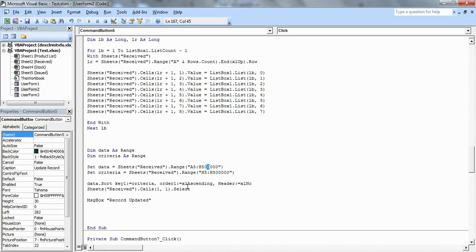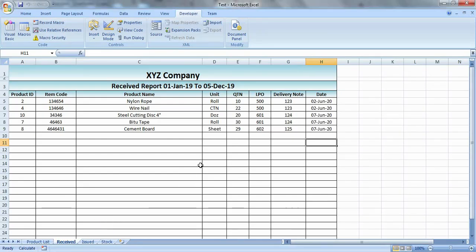Okay, and criteria I have chosen from H5 to H500,000, because I want to sort this data on the basis of date. If the dates are up and down, meaning the new date comes up and the old date comes down, this should not happen. I want it to be in ascending order.